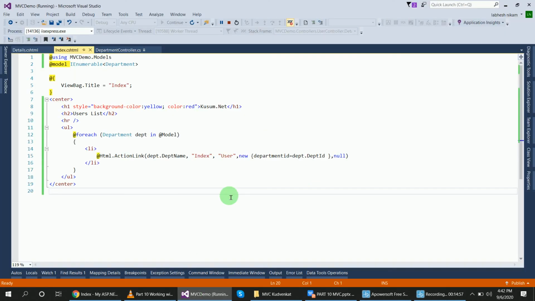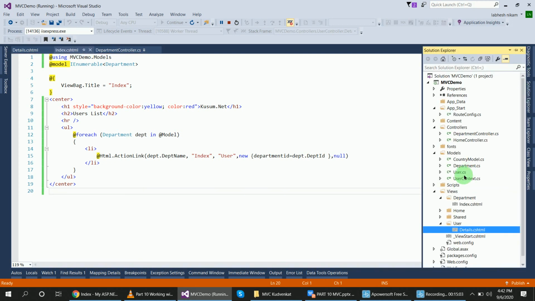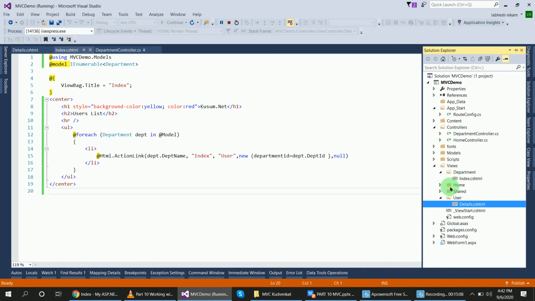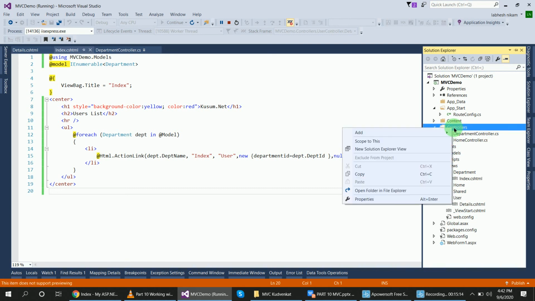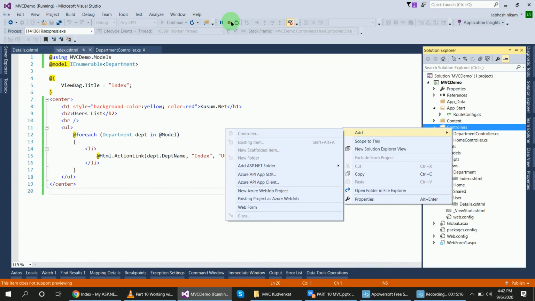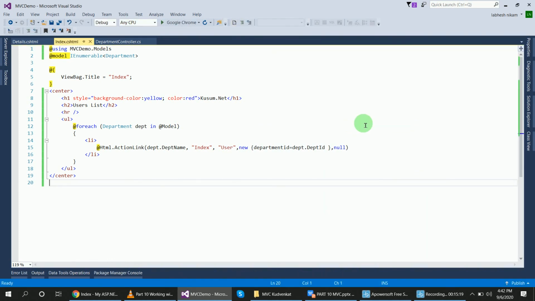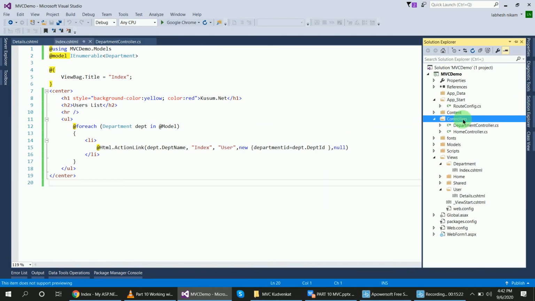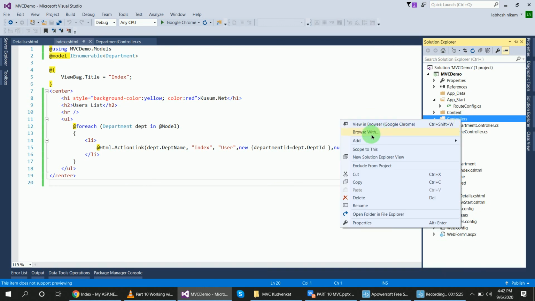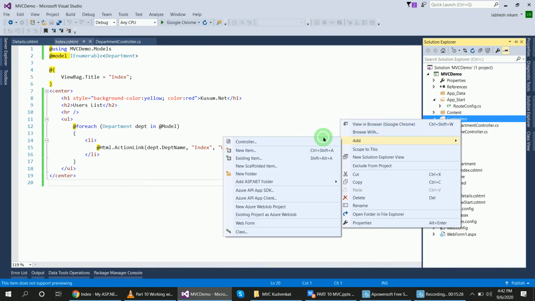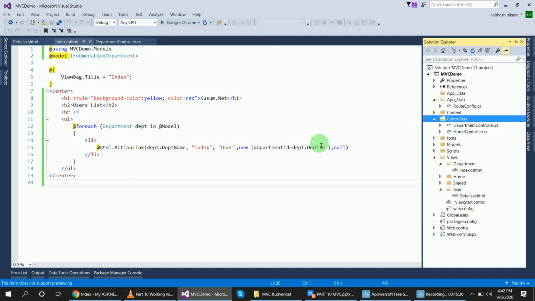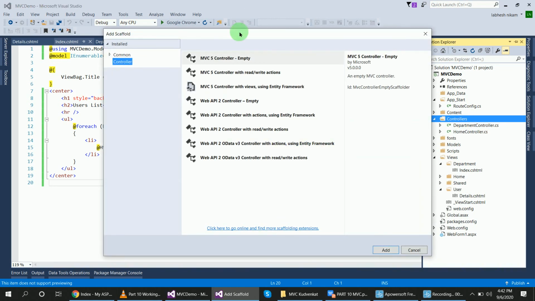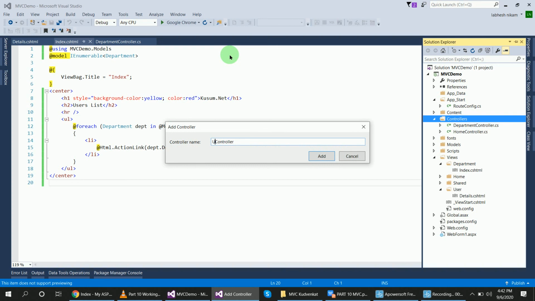Now we will add the code of the user controller. Where is the user controller? Department, no. So we will create one controller of user, MVC 5 controller empty, user controller.